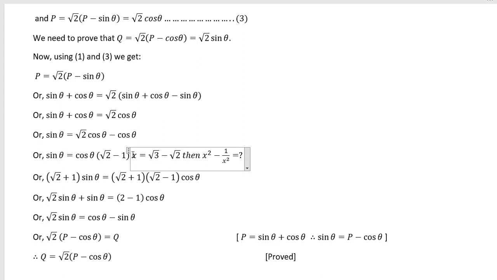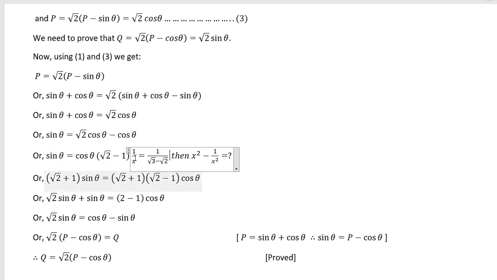To solve this kind of problem, first you have written 1 by x equal to 1 by root 3 minus root 2. Then you have multiplied the denominator and numerator by root 3 plus root 2 to change the sign. You have got root 3 minus root 2 here. If you multiply by root 3 plus root 2 in the denominator and numerator,